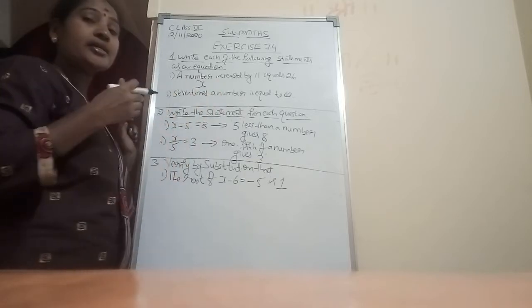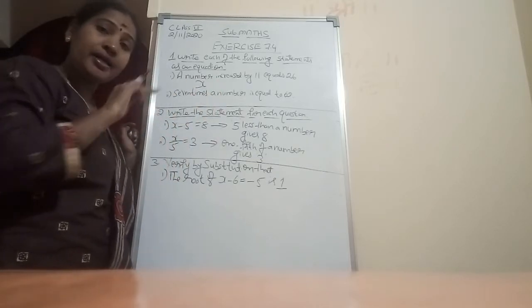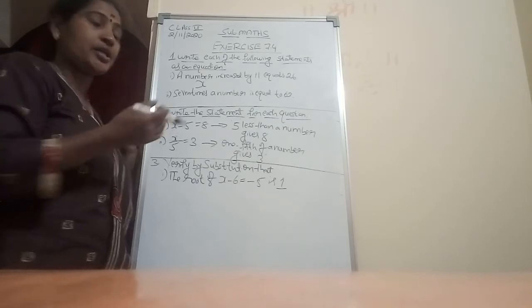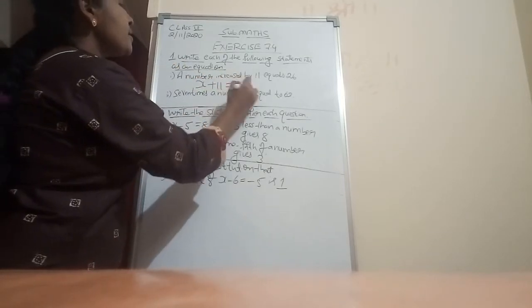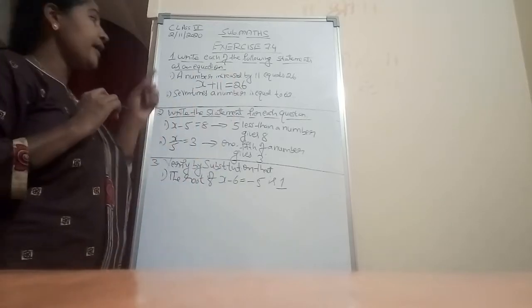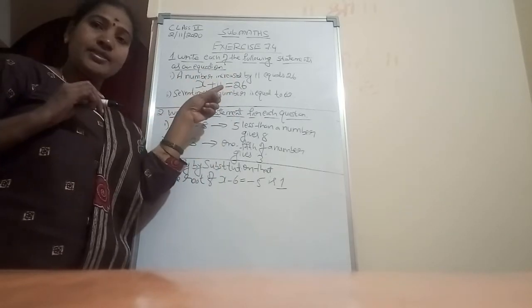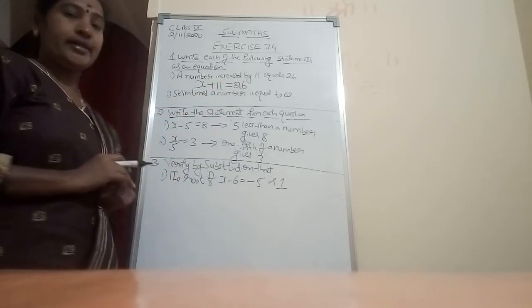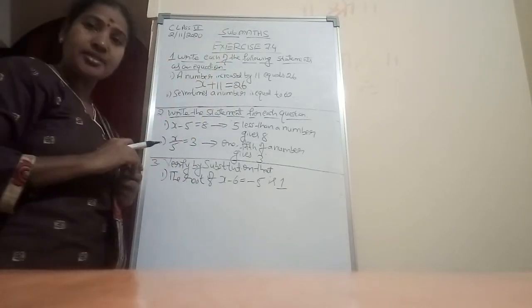Increased by. What is the meaning of increased? Addition symbol. Decreased means nothing but the minus symbol. Increased means the positive sign, addition. So plus 11: x plus 11 is equal to 26. Understood, children? Equals means we write the equal sign, and on the right side you write 26. In this way we write the equation based on the given statement.